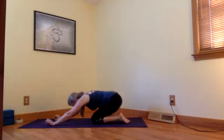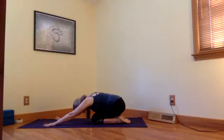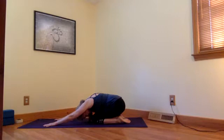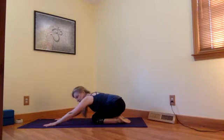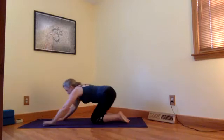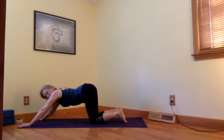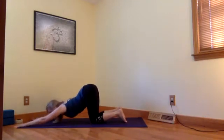One more time. Nice. Okay, so we're going to transition from a downward facing dog. So if you're standing, you can just stay there. You're ahead of the game. If you want to come up through a puppy pose, you can take a puppy pose now with the hips over the knees and melting your heart down to the earth,